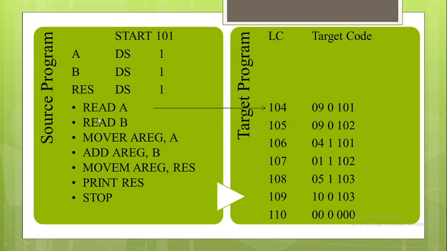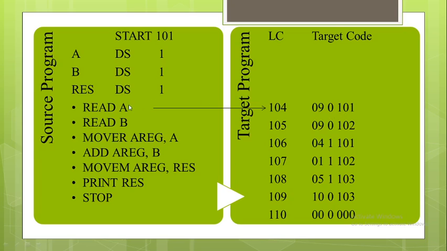We know that for the READ instruction the instruction set shows the numeric code 09. The first operand will become 0, and according to the symbol table we get the address of A as 101. So it builds the instruction 090 101.